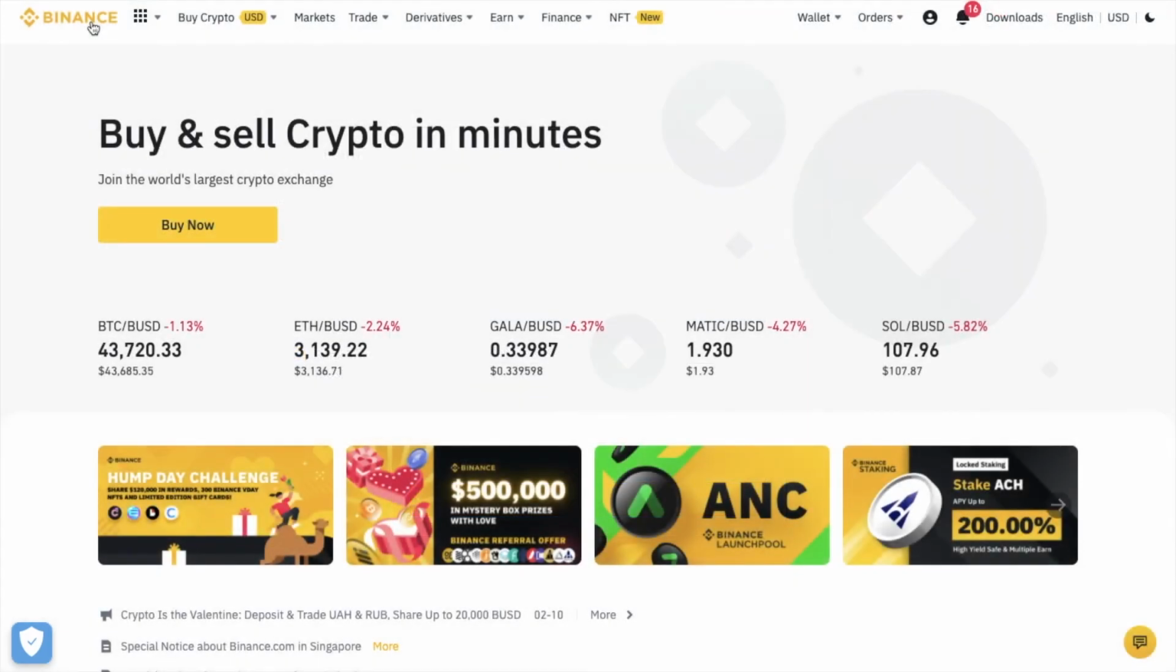Now, as I said, there is a lot more to Binance than just trading, but these features will be a topic for another video. And Binance isn't going to work for everyone. With the scarce